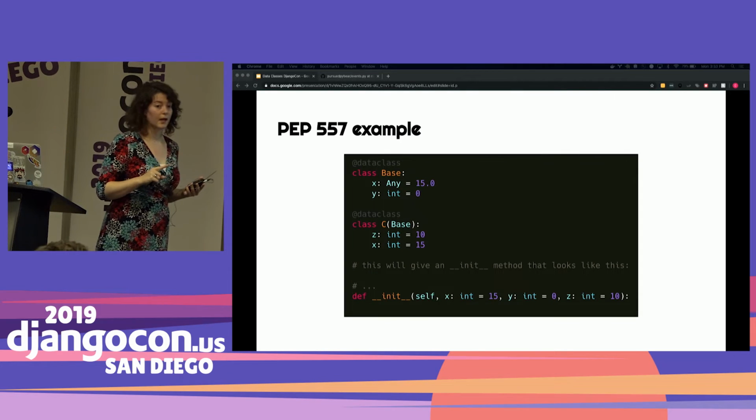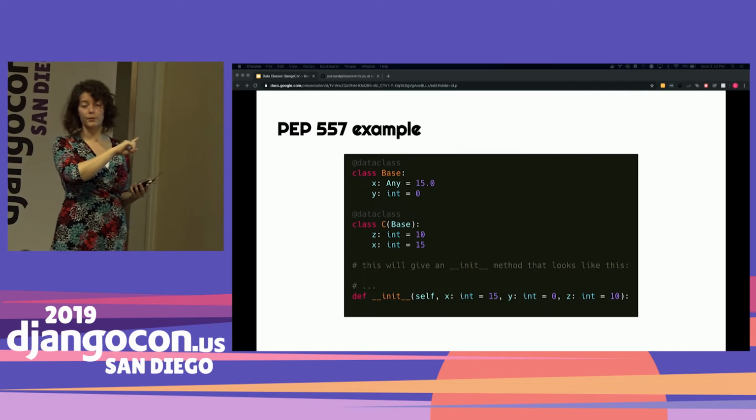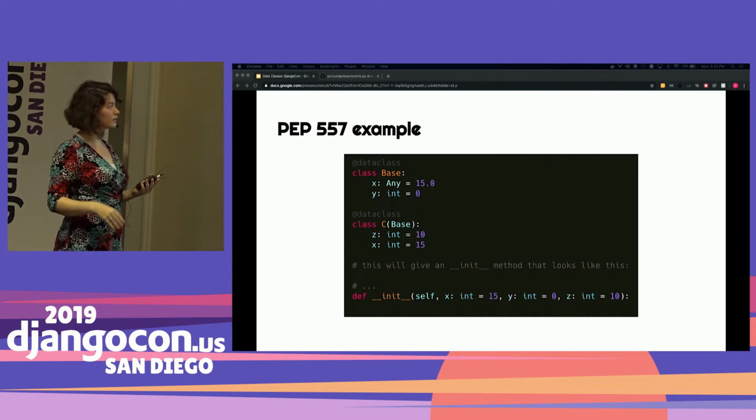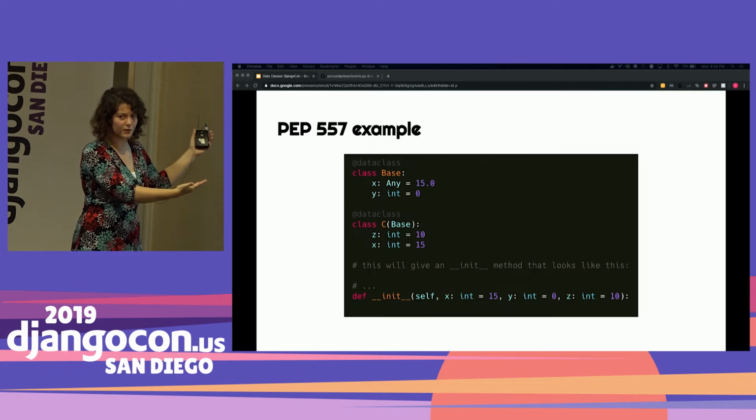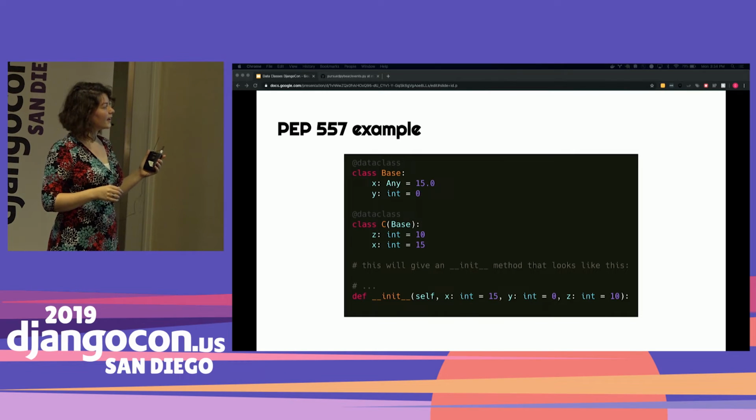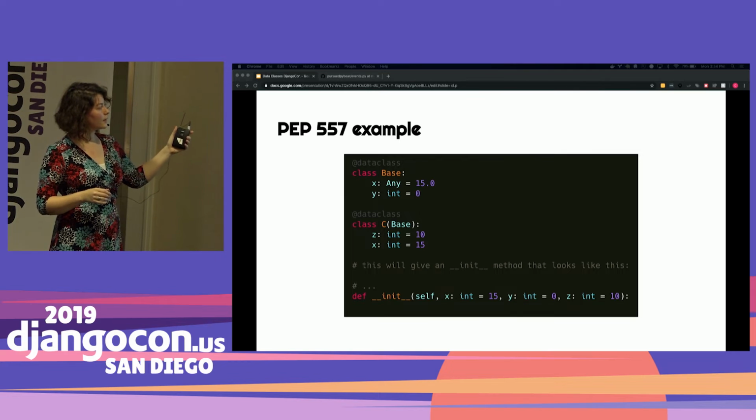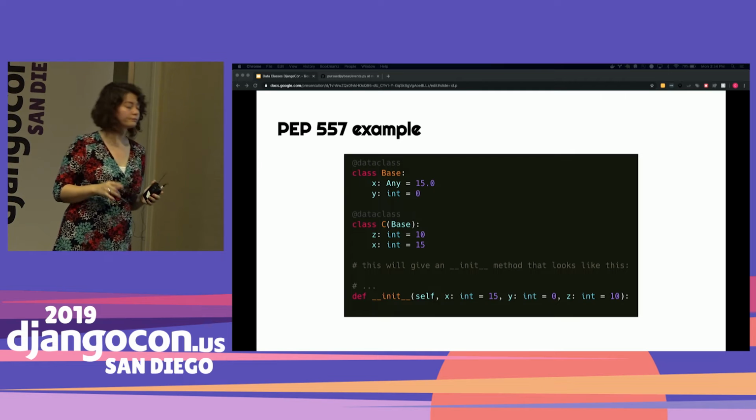This is an example of that behavior. This is directly from the PEP. I just reformatted it so it was easier to see with a dark background, but essentially it will overwrite that later integers if you're reusing. Just be aware.